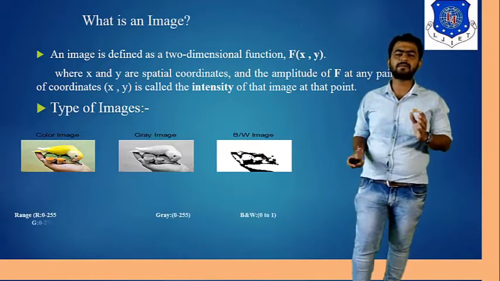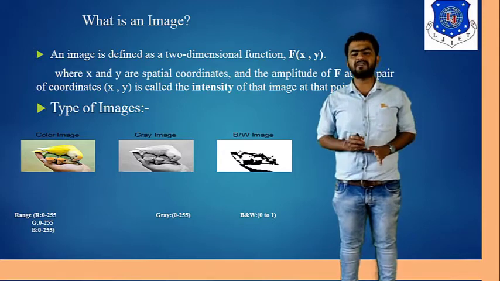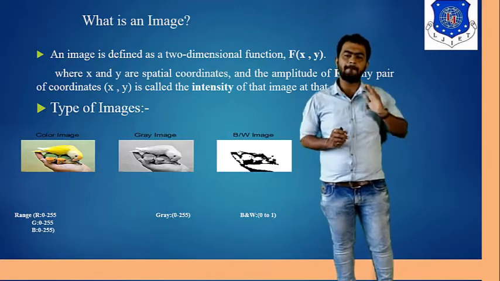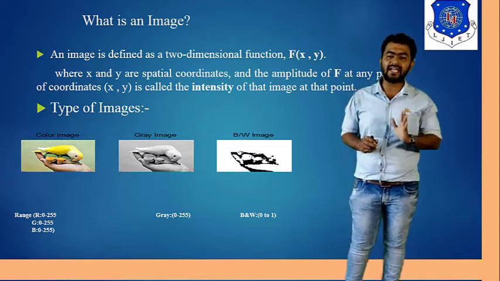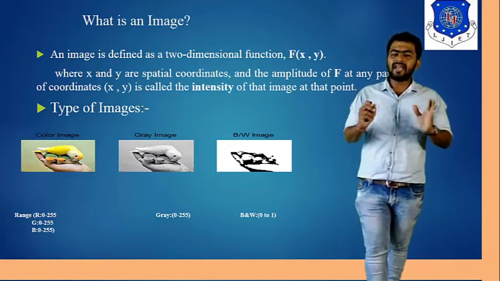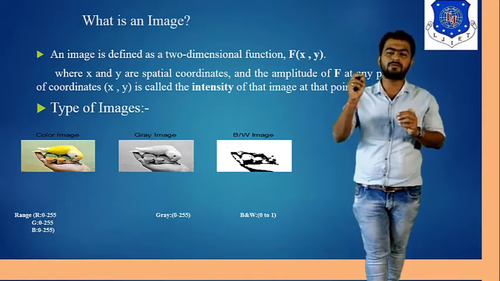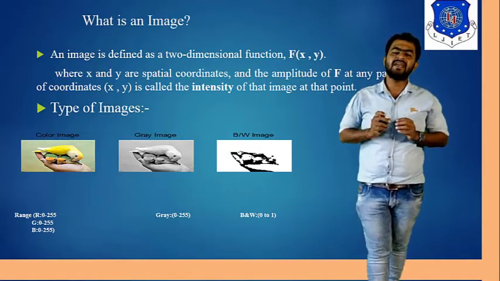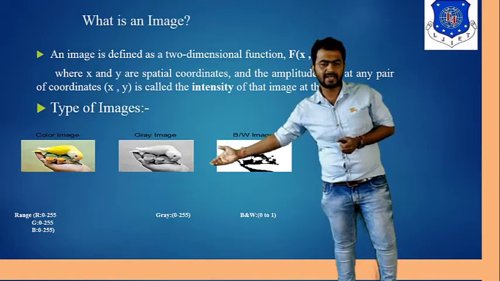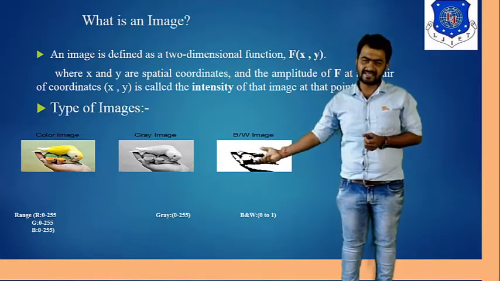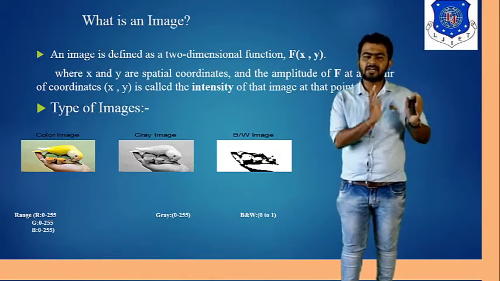Now we discuss the range. When we're talking about color images, we have a range of 0 to 255. Why 255? Because in digital image processing, we're talking about basic 8-bit data. With 8-bit data, we have a range of 0 to 255, because 2 raised to the power of 8 gives 256 levels, from 0 to 255. With the combination of R, G and B, it becomes any color. So R is 0 to 255, G is 0 to 255 and B is 0 to 255 in color image processing.